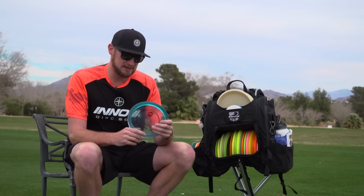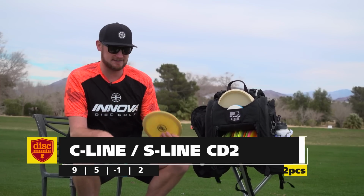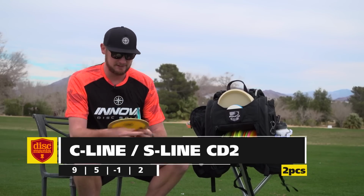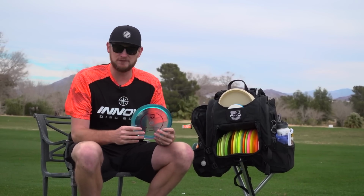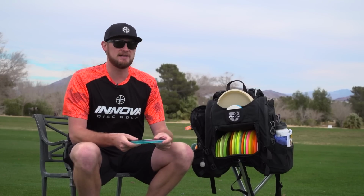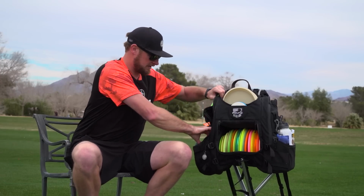This was a disc that I've been told for a long time that I was going to love for my flick. And actually I have two of them. I have the C-Line and the S-Line CD2. This is another Jeff Korn's gift, and beautiful swirl star plastic there. And this one was just one of the original discs that I got from Innova when they were like, you need to try this out. This is a great disc. And it is. It's really great for me to throw in the woods and in the open for just straight shots. It's basically a longer version of the